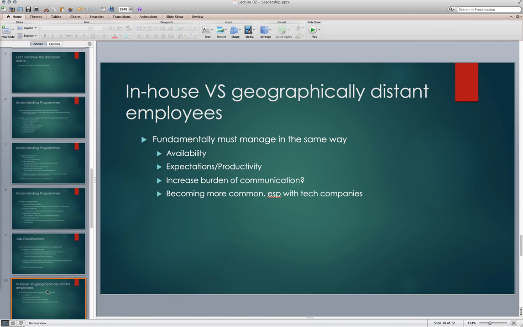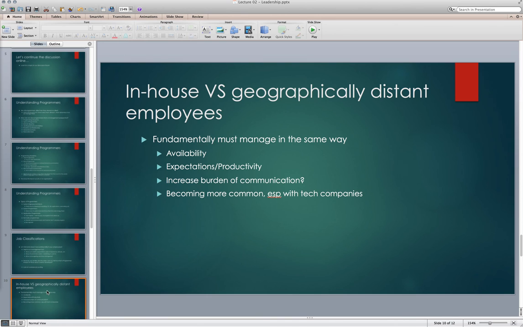However, as I touched on earlier, we do need to set expectations. We do need to treat them in a lot of ways as we do our in-house guys, and that is availability. If you're just a couple of time zones off, in the United States, that can still pose a challenge, but a little bit less. If they're more time zones away, European or something, then that becomes much more of a challenge. But if they're working from home and you're working in an office, we still need to be able to say, I need you to be available during the day. I need some core commitment to be able to reach out and get a hold of you.